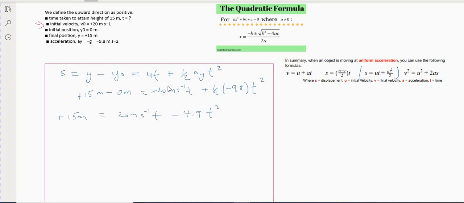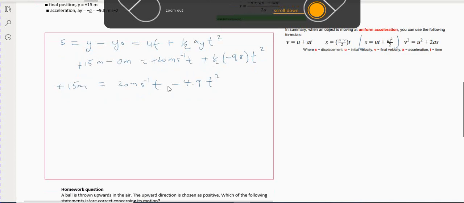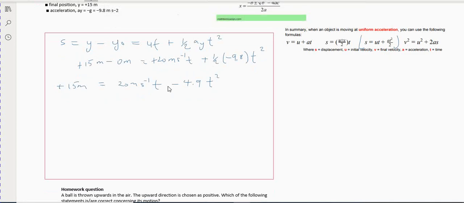Good. And so now that we have that, we can write a quadratic equation from this, and when we write that, we get